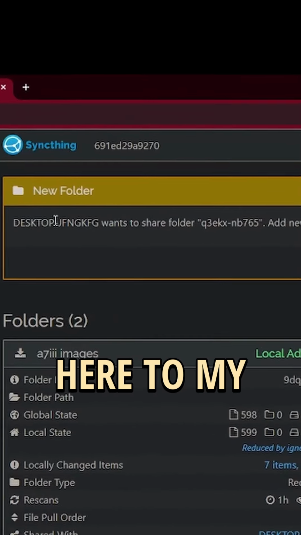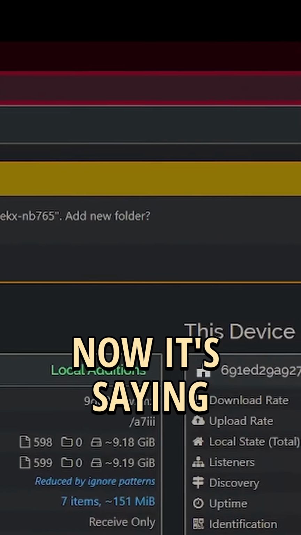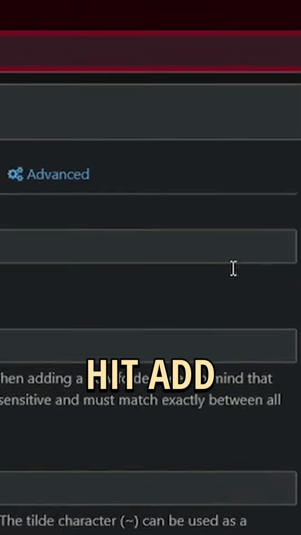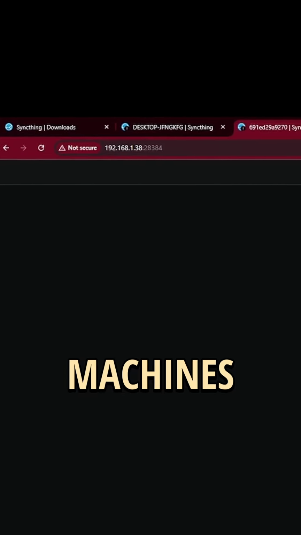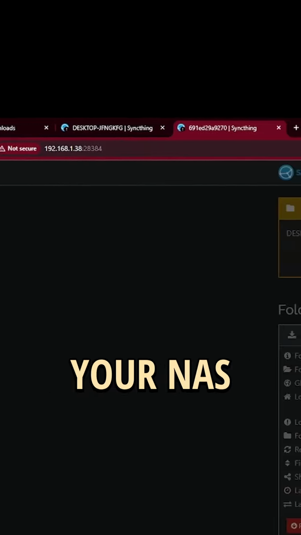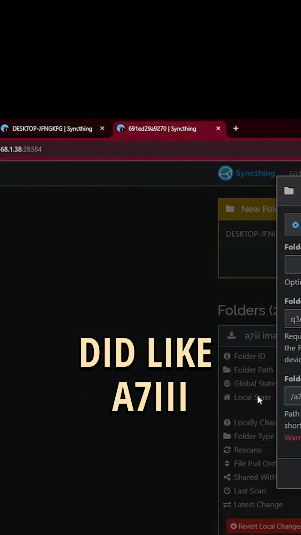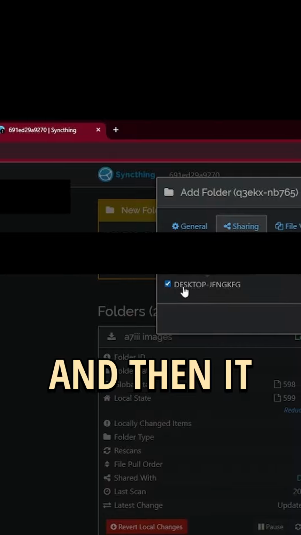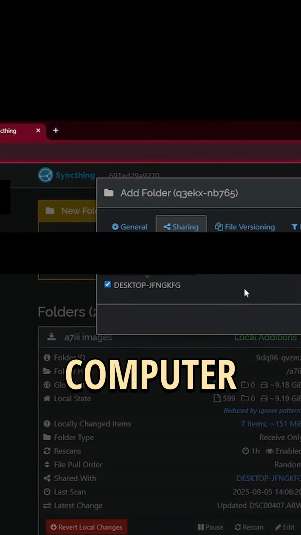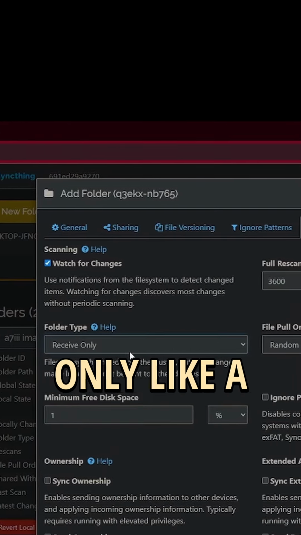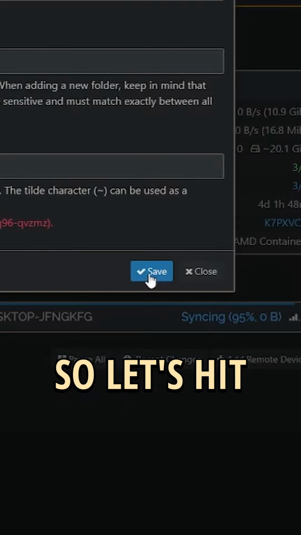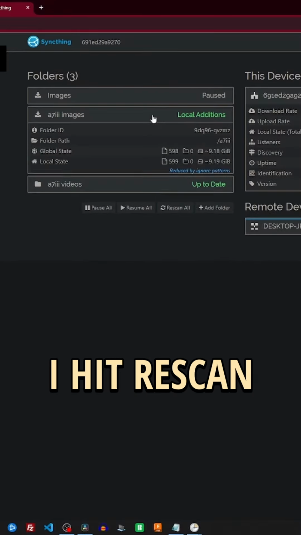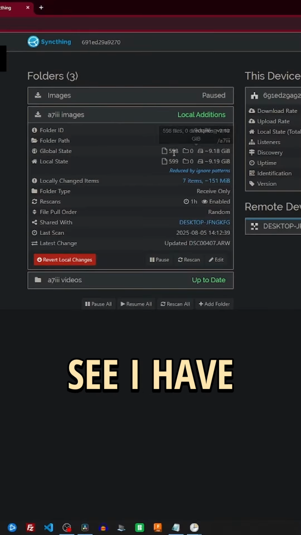So if I go here to my other computer now, it's saying there's a new folder. So you hit add. So you have to set up the folder on both machines. Then you set the path on your NAS. I think I did like A7 III, and then you can call it like images, and then it'll link to my local computer, and then you would set receive only, like a backup. So let's hit save. So now you can see if I hit rescan all, you can see I have 598